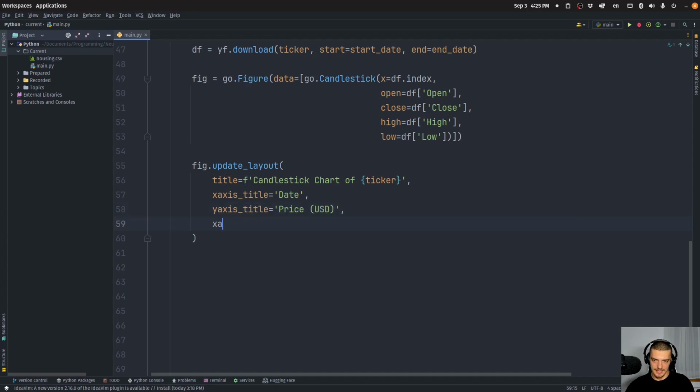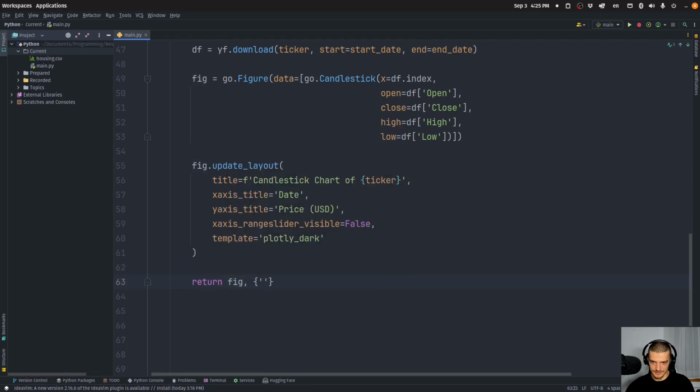And xaxis rangeslider visible shall be equal to false. And the template for the plot itself is going to be equal to plotly_dark. So this is automatically going to use a dark mode for our figure. And then we're going to say here return figure